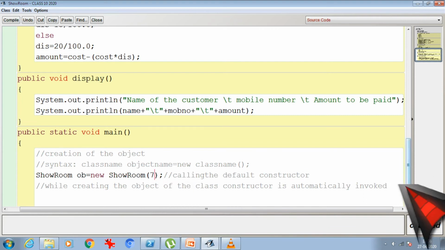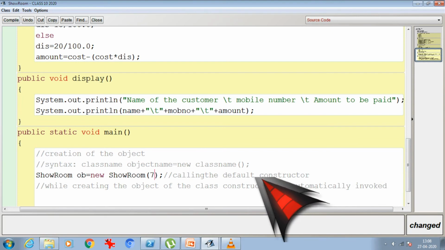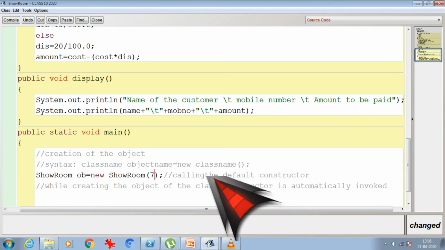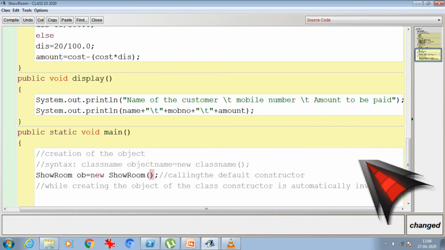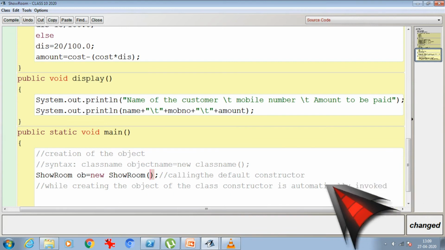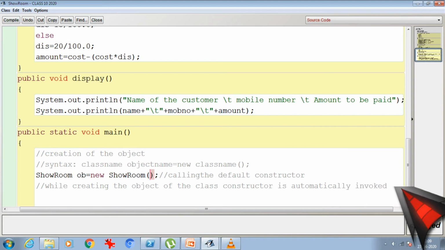If I had passed any values over here, that would mean that instead of calling the default constructor, I would have called the parameterized constructor. I have not done any program of parameterized constructor yet. We will do that in the next videos. So this is the default constructor called.